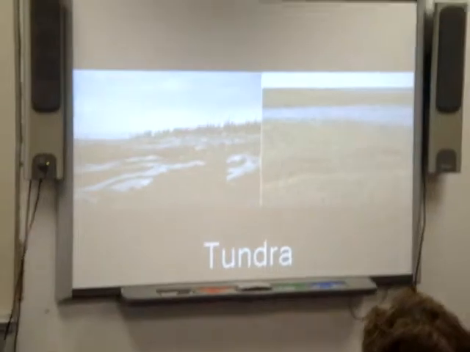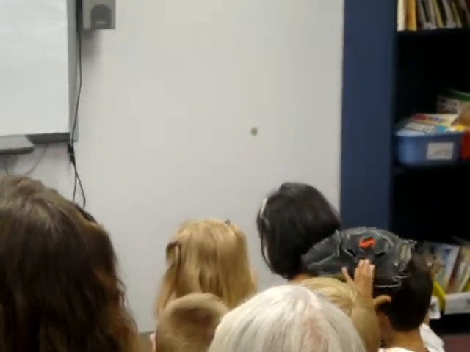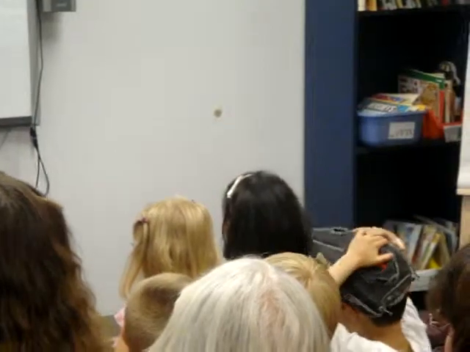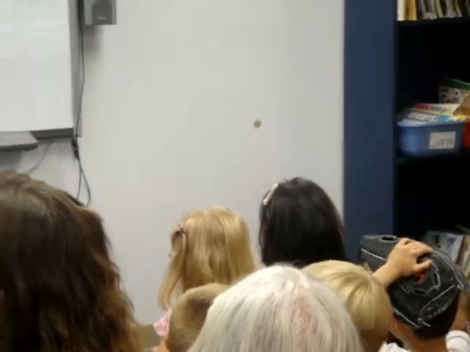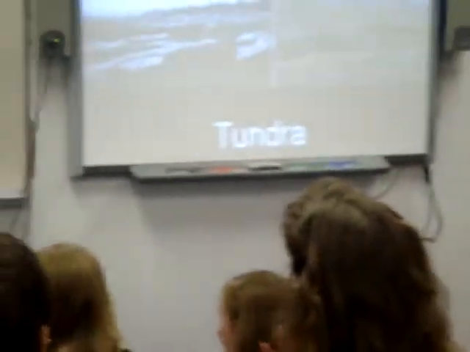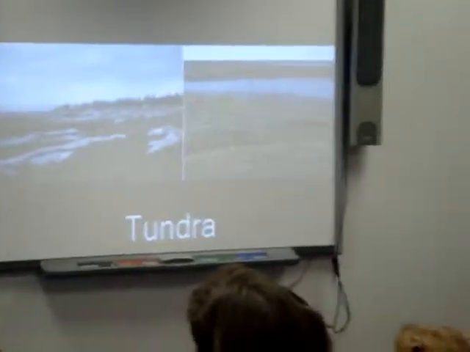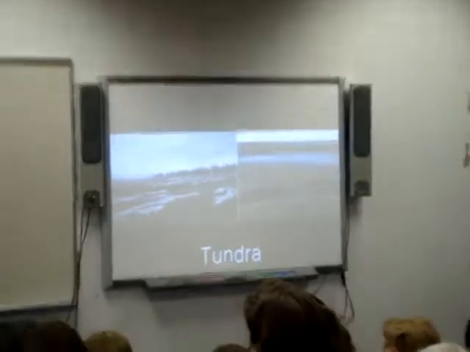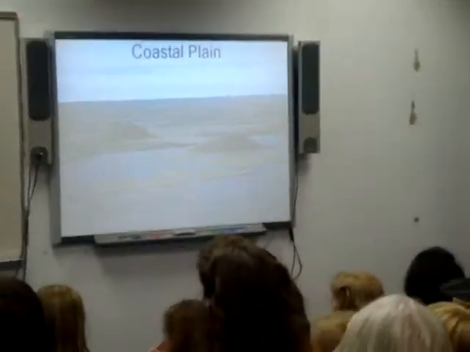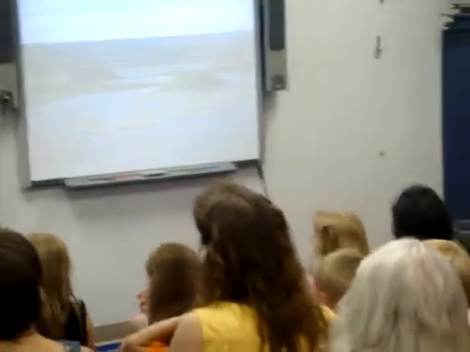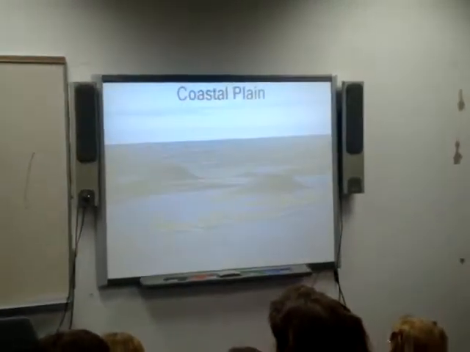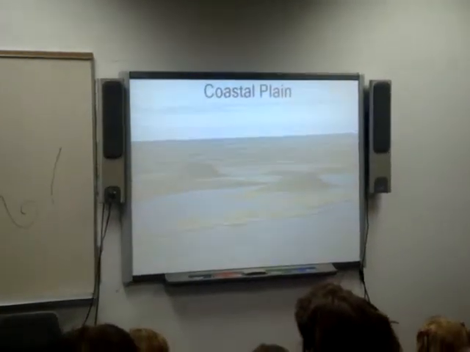Stuff is called permafrost. The tundra's floor is really solid, and that solid stuff is called permafrost. Permafrost? Muskox and caribou can be